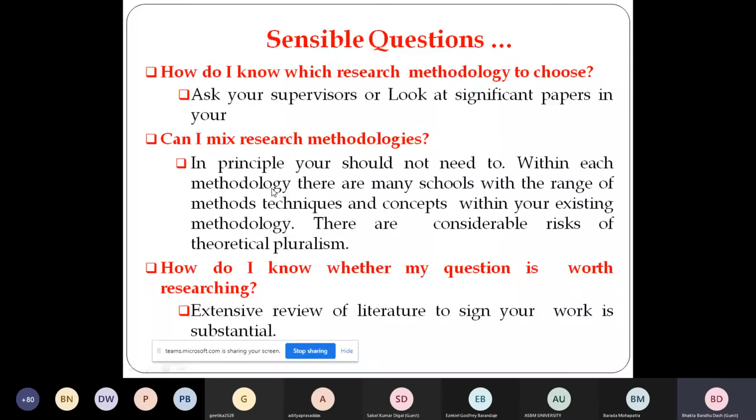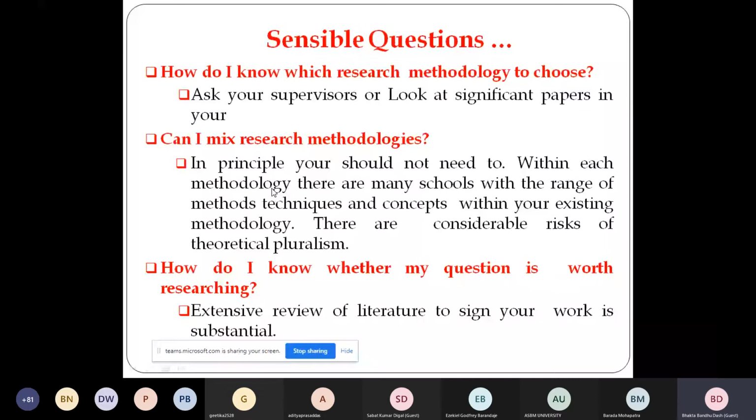There is another one. The second question is, can you mix the research methodologies? Of course, I'll tell you, in principle, it is not a healthy affair. It's not good. By principle, mixing different methodologies has no taste at all, a different taste. But sometimes it is also essential. Of course, I advise you, but in my own research, in my PhD work, I used different methodologies. There is a mix of research methodology.